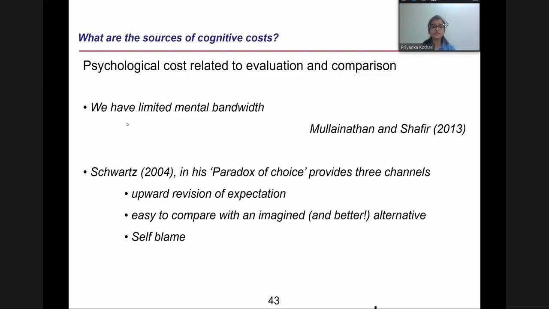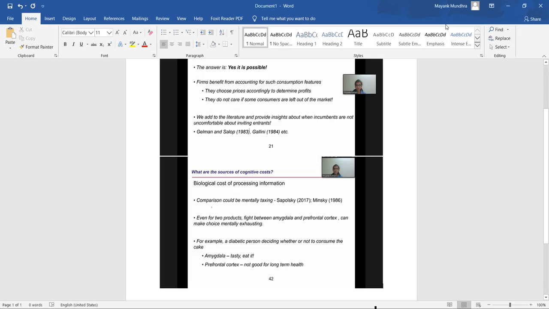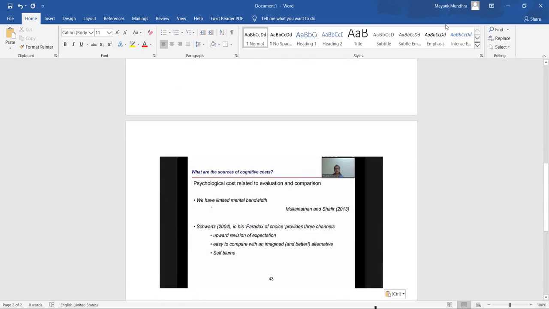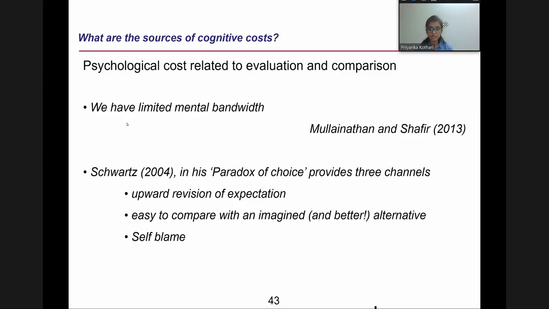The psychological cost relates to evaluation and comparisons. Mullainathan and Shafir say that we have limited mental bandwidth. I'm not focusing much on this, but I would like to say a few things about the paradox of choice by Barry Schwartz. He says that suppose you go to a store that offers just 4 pairs of jeans. You evaluate them and you buy 1 pair of jeans, and you find that it is not very comfortable, and then you say, okay, the store was having just 4 options, I picked the best,